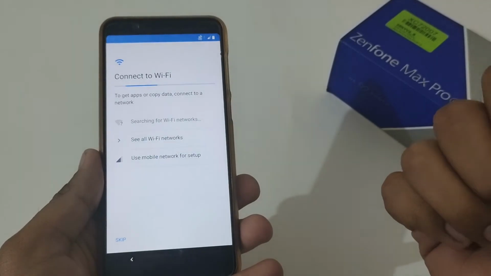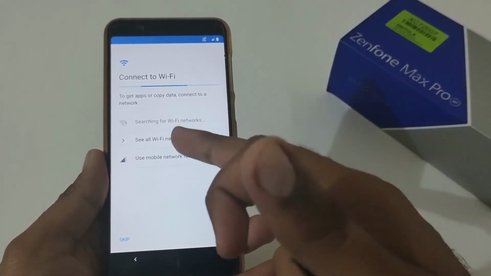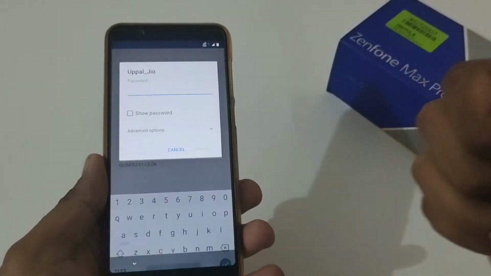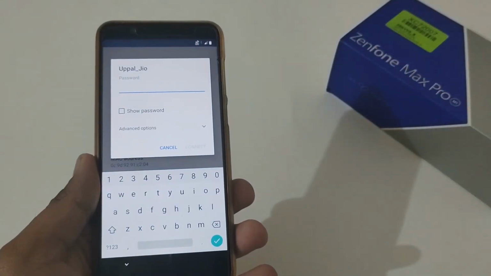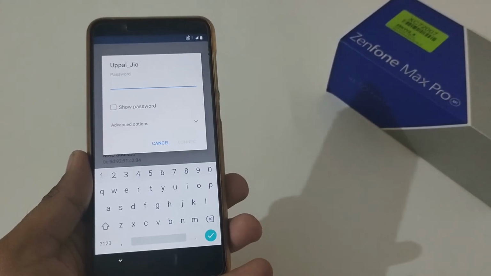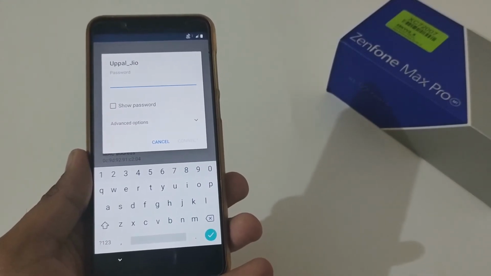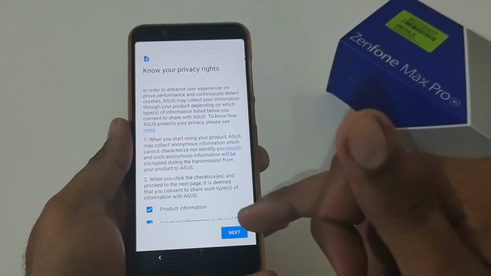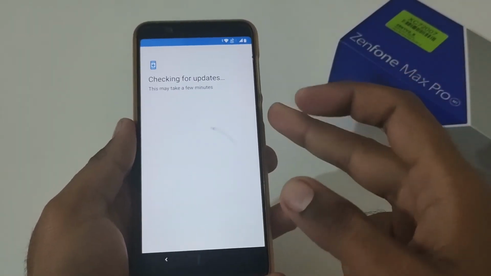prove your authenticity. So in this particular case, I'll be connecting to the Wi-Fi connection because sometimes in the preceding steps it will be asking for updates related to Google Play services and so on. And if it is not connected, then it might get stuck and waste our time. So after successfully entering the Wi-Fi credentials, now let's move to the further step.